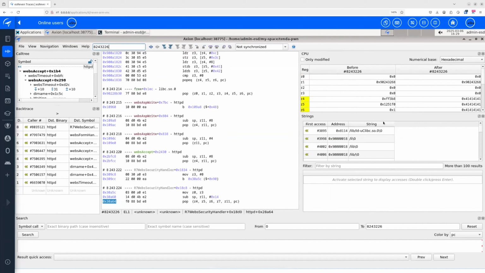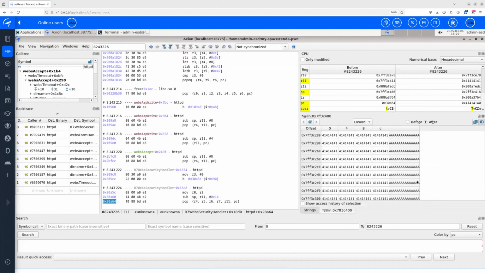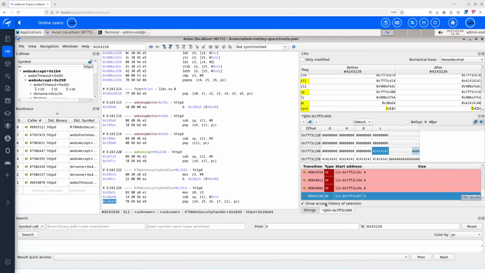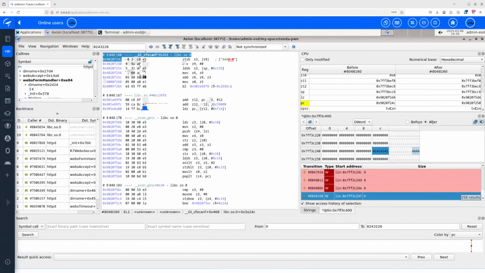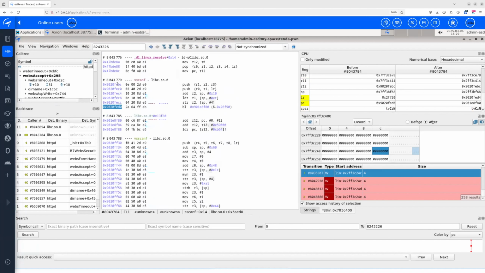As we can see, we watch the PC, which again goes rubbish because it takes values from the stack. We can have a look at what's on the stack, and it's indeed our very big buffer. We can go back in time and see the access history and go to the last time there was a write at that address. It's inside of the vfscanf. We can step out of the function backwards, which means going back to the caller, which is vsscanf. We're still in the C library. We can go back again. We're still in the C library, which is indeed our